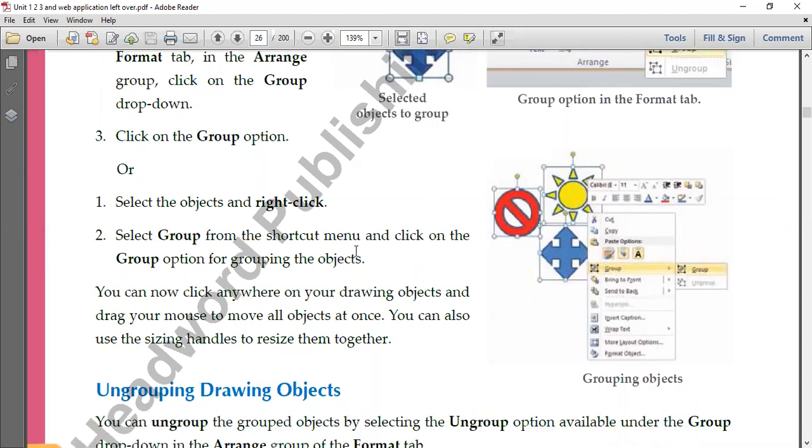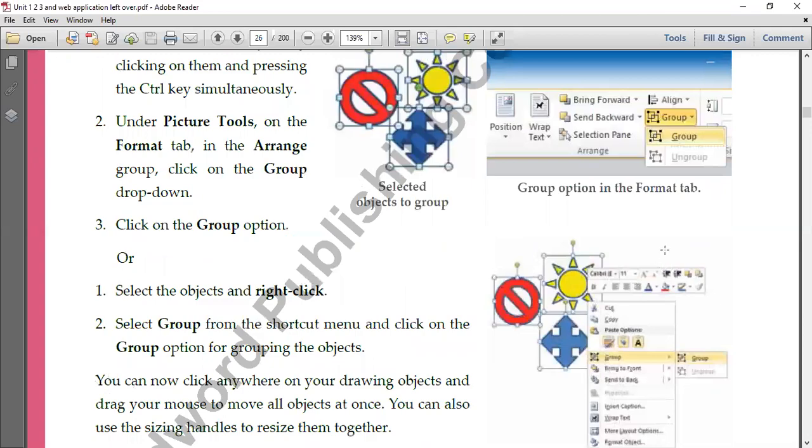तो ग्रुपिंग का फायदा क्या है? रीसाइज करना इजी है, सबको एक साथ रीसाइज कर सकते हो, राइट? जस्ट ड्रैगिंग द हैंडल ऑफ एनी वन ऑब्जेक्ट, बाकियों के साइज भी ऑटोमेटिकली इंक्रीज डिक्रीज हो जाएंगे. एंड इफ यू वांट टू अनग्रुप अगेन, वापस उसको अनग्रुप करना है, तो यहीं पे ऑप्शन है, राइट क्लिक, ग्रुप, और सेकंड ऑप्शन इज अनग्रुप. और यू कैन सी हियर आल्सो